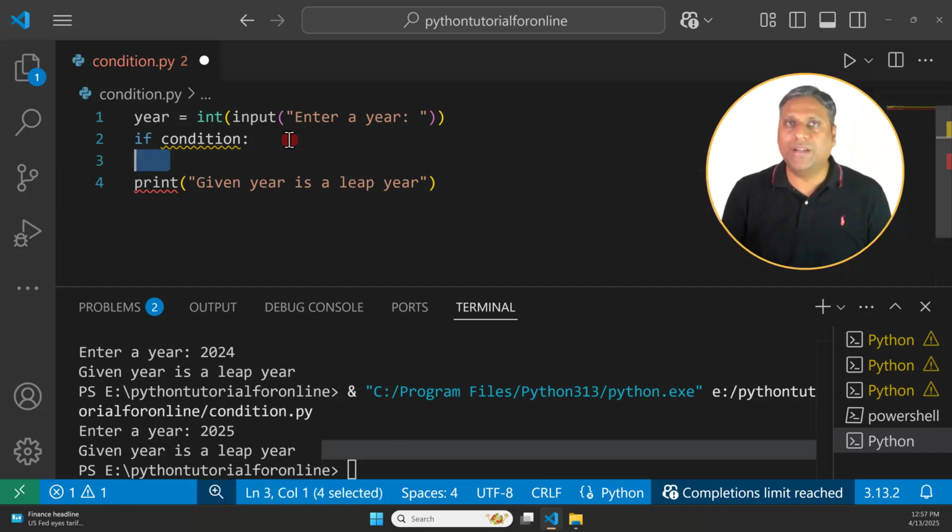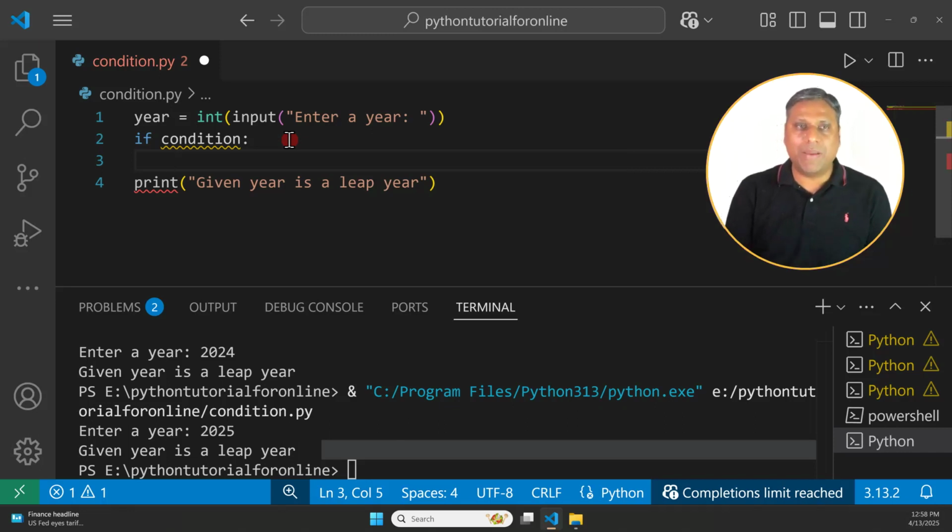If there is no indent, you check whether you have put a colon or not. If you have put a colon and still there is no indent, you put the indent on your own, simply by pressing tab. This indent tells the compiler that the line you're writing after the indent belongs to the if statement.